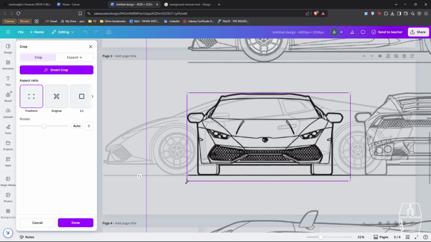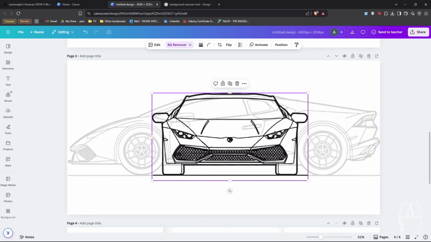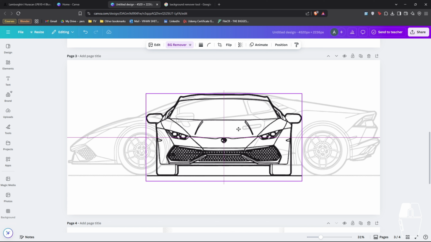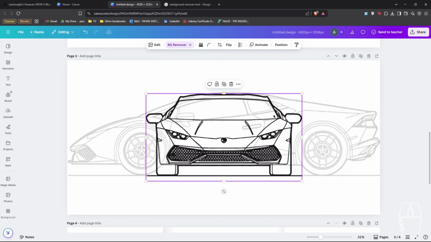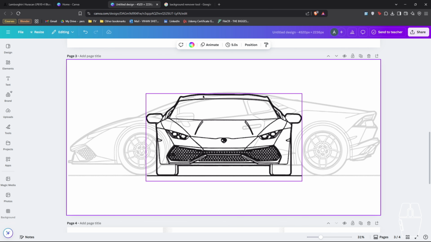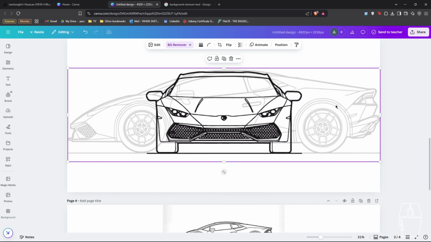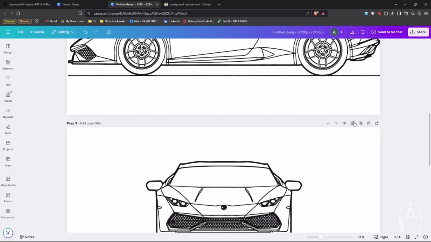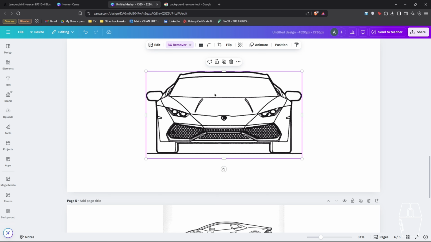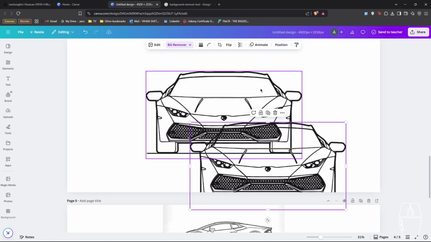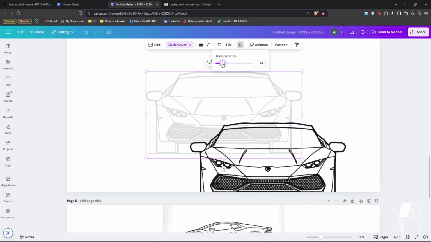So this part of the hood is touching the blueprints of the car. Just make sure you do that, and we'll crop it again and just keep that there and just take that in. Alright, just press done, and now we can just center align it as these are now aligned properly. Right, so this is going to be the topmost apex point of the hood, so that should be aligned for your car. Now just go ahead and delete the back one and duplicate this one again,